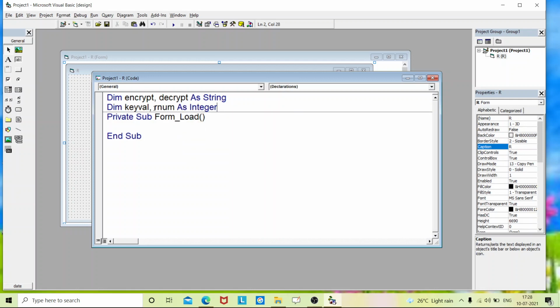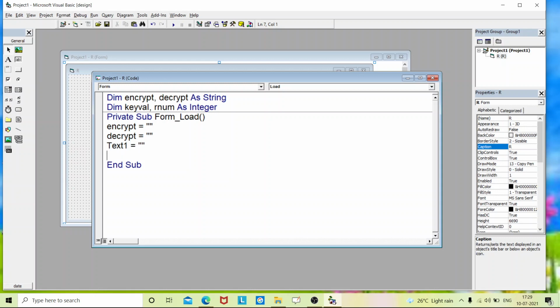These are the variables we'll be using mostly. In the form load, we have to type encrypt equals empty quotation, decrypt, and Text1 equals empty.